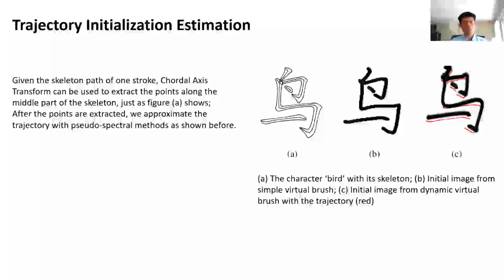As for the initialization, the x and y components of stroke trajectories are initialized at the middle line of each stroke, and the z component is simply set as a constant value for convenience. We also want to mention that this initialization is not enough to generate good results. Figure C shows the simulation results. The red lines are the initial trajectory and the black parts are the simulation pictures. We can see that even in simulation, it is not able to generate some beautiful characters.